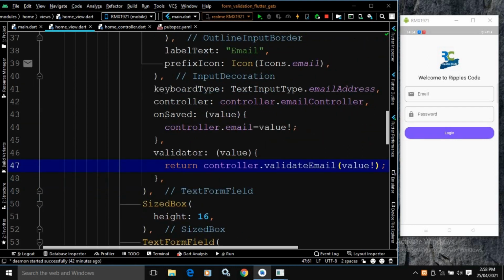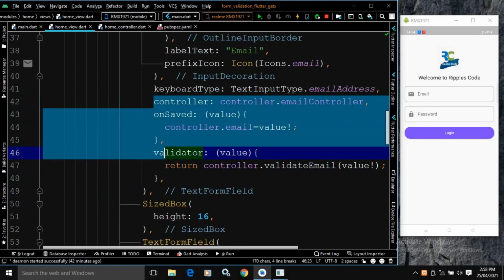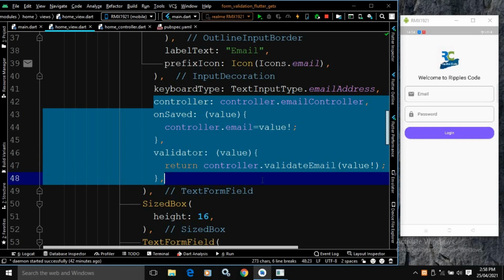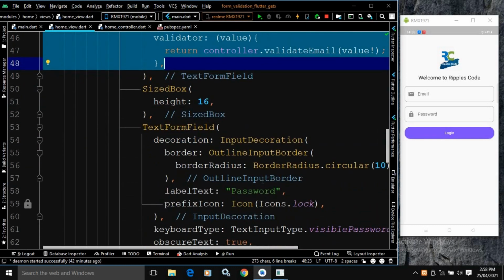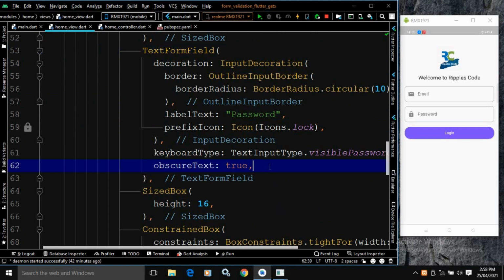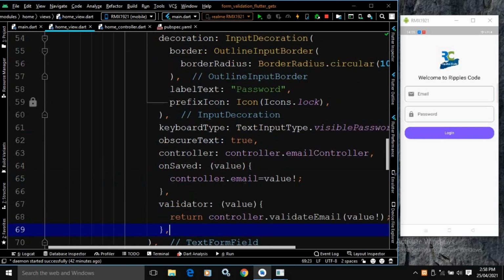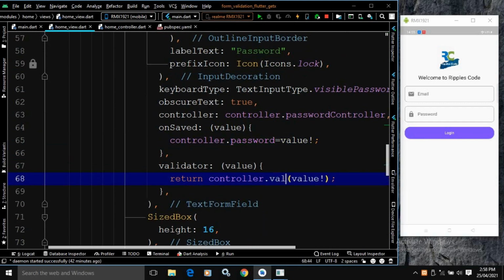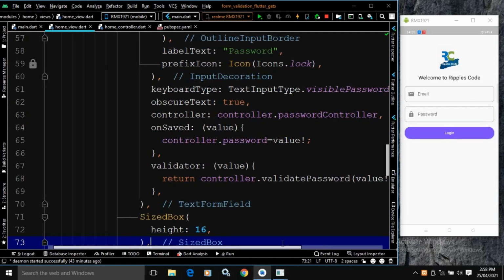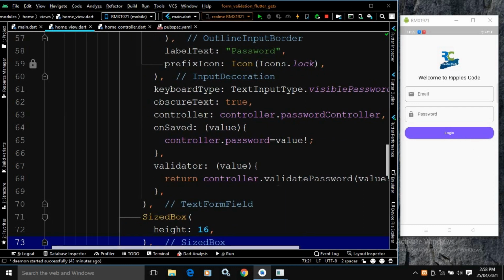Okay, similarly I will do the same thing to the password field. So let me copy this and I will paste it here. Now instead of this emailController it will be passwordController, and here it will be password, and instead of validateEmail it will be validatePassword. Okay, that's it.